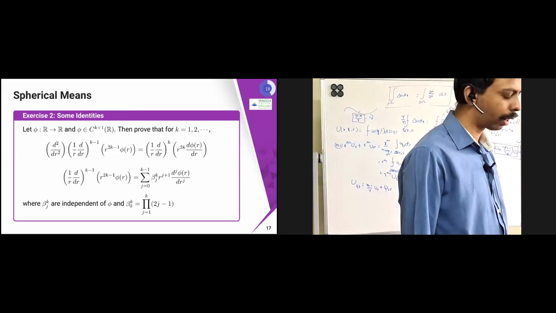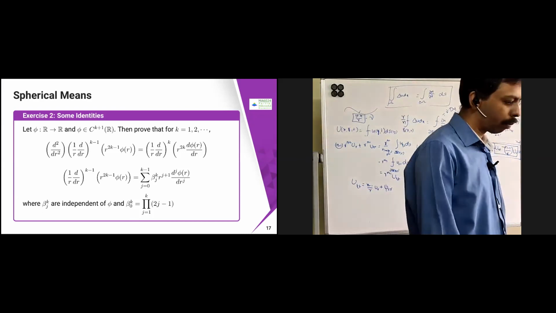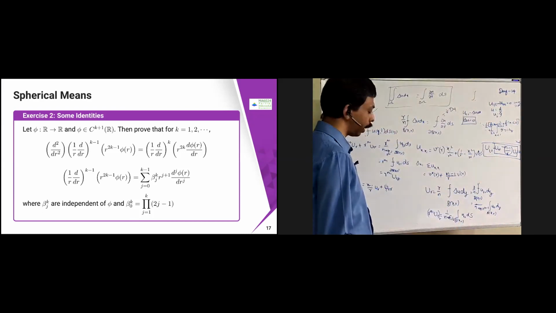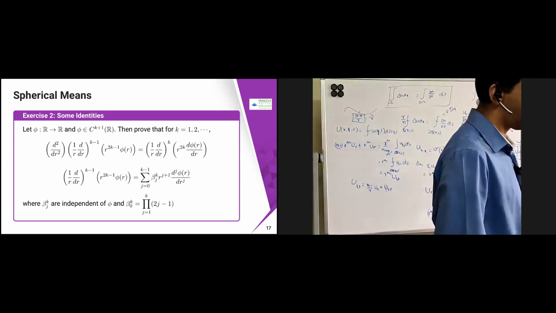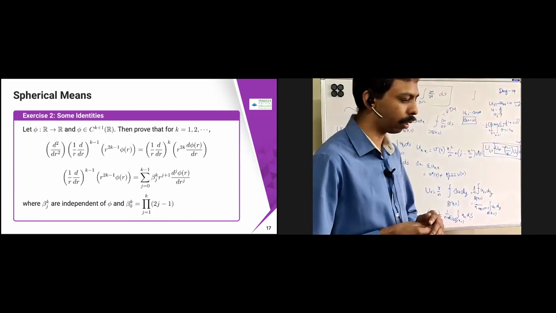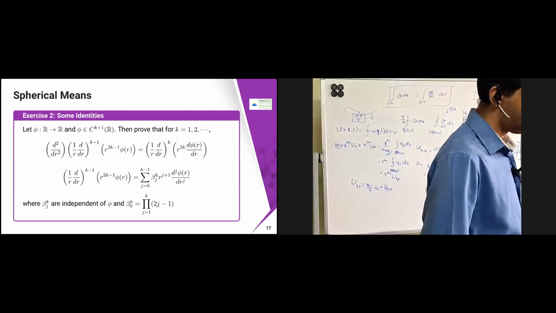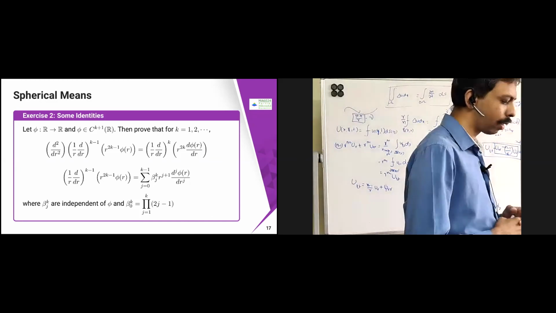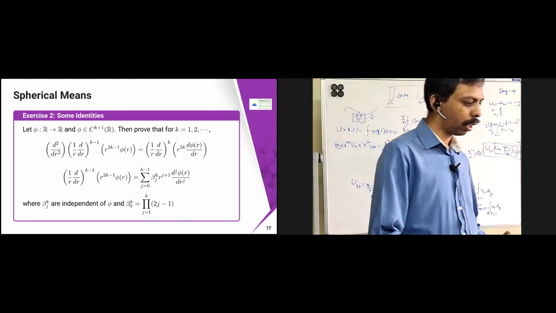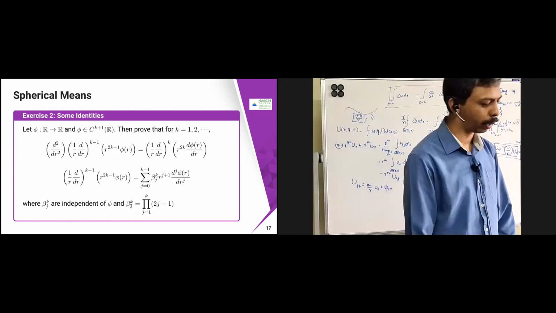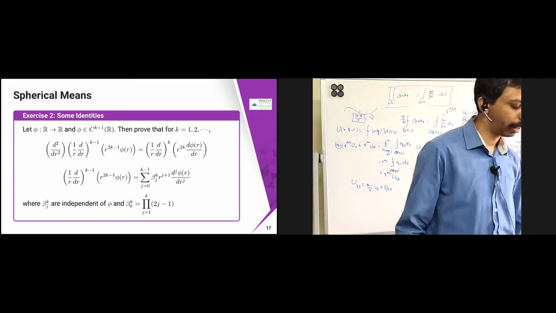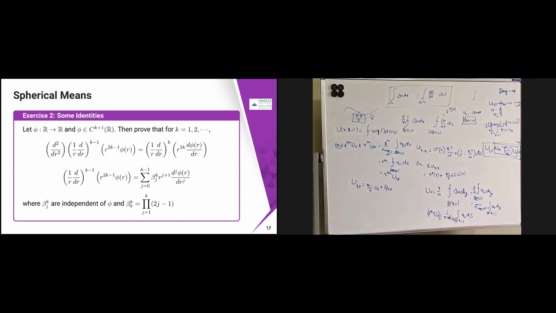This is called Euler-Poisson-Darboux equation. And now we have derived this one thing. This one again I leave as an exercise. From this point only we will derive the Kirchhoff formula and Poisson's formula. So I just give two exercises. Just do this one also, you can complete this one. This is using induction. For n equal to 1, k equal to 1, it is easy. For k equal to 2, 3, etc., you have to do it. I just leave it as an exercise. Maybe it will be asked in the midterm exam.